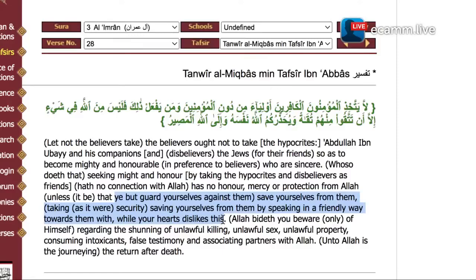And as you see, we are showing a reference here. This is the Quran, chapter 3, verse number 28, and this is the cousin of Muhammad himself who explained the Quran. This is what taqiyya is, to lie officially. And actually even Muhammad says, even in normal life, a Muslim man can lie to his wife,